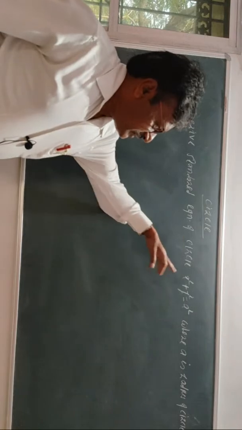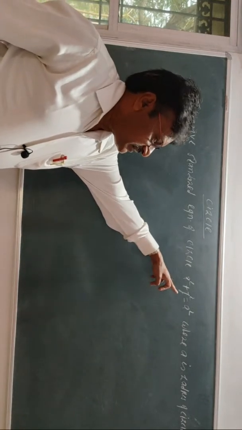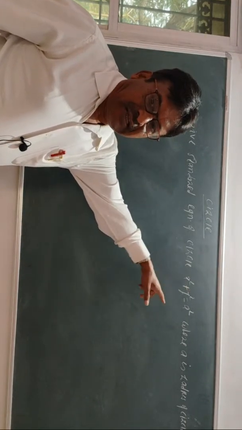In this question, we derive the equation x square plus y square equals a square, where a is the radius